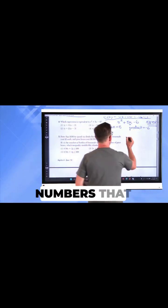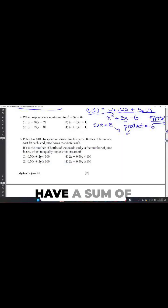So the two numbers that actually work, that actually have a sum of 5 and a product of negative 6, are going to be positive 6 and negative 1, which means the correct factorization is x plus 6